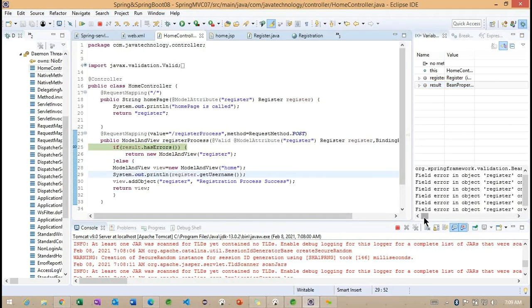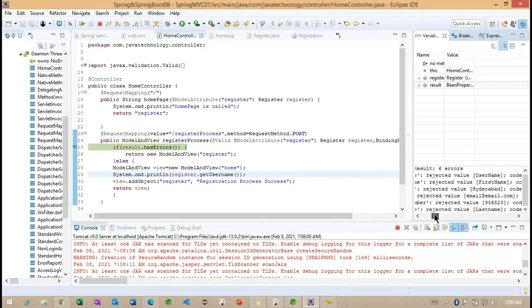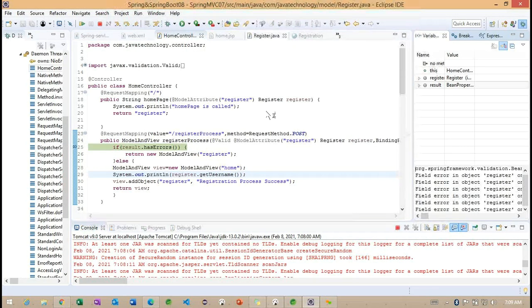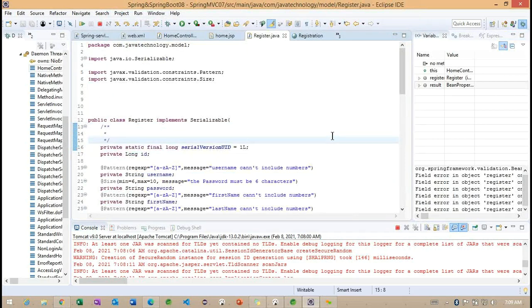Okay, because of this, we are getting... Go back to here. The regular expression we specified: username cannot include numbers.